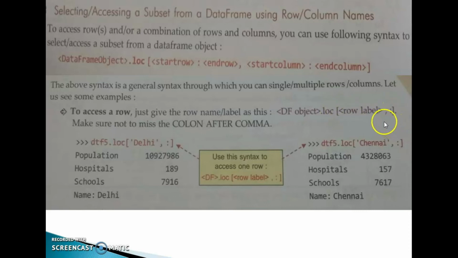This is the syntax for accessing a row from a data frame object. Data frame object dot LOC within the square bracket we have to specify the row label, comma, colon. Make sure not to miss the colon after comma. Example,